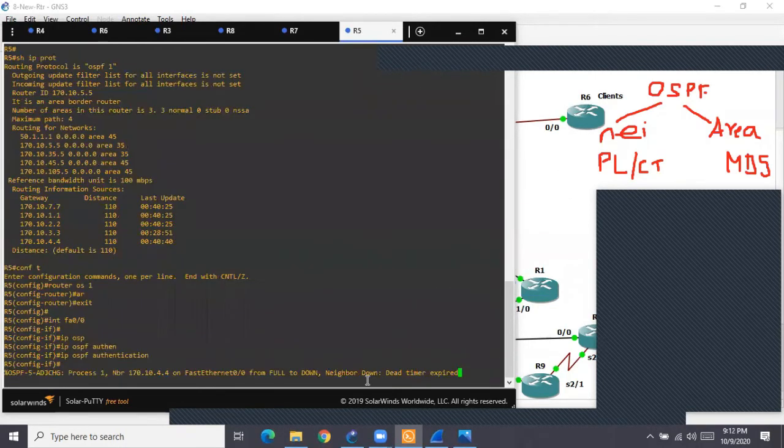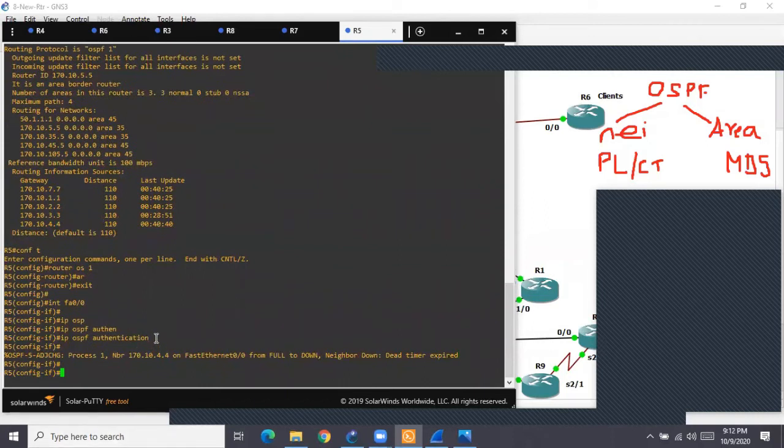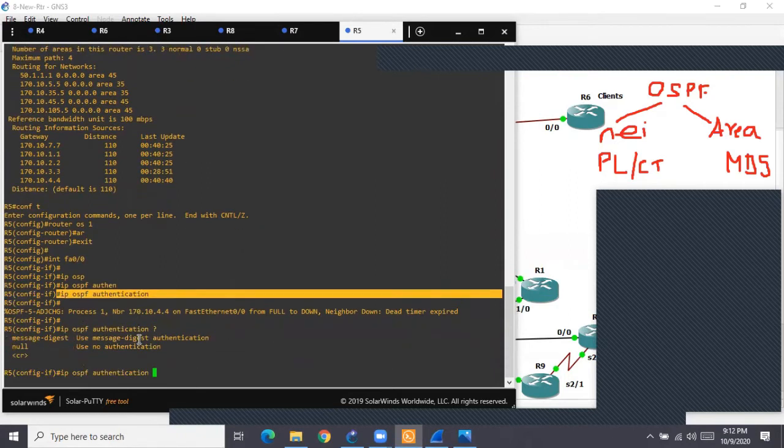So we are just telling OSPF to do authentication. When you use only this much of the command, we are telling it plain text authentication. If I put a question mark there, you see you have the option of message digest authentication, and you also see something called null. Null means no authentication. That was the default. You don't specify null because null is the default. By default in OSPF there is no authentication, but that is also specified as null.